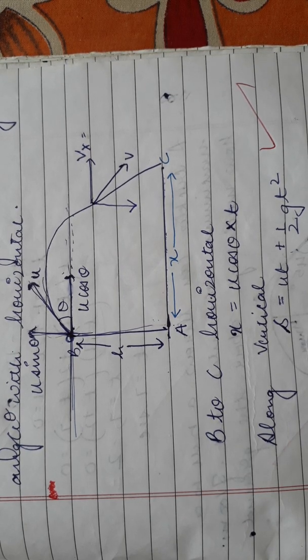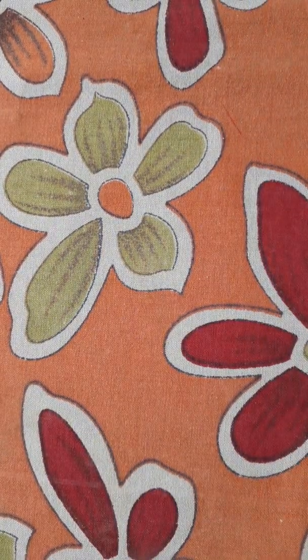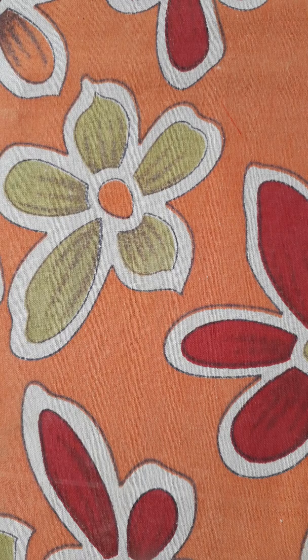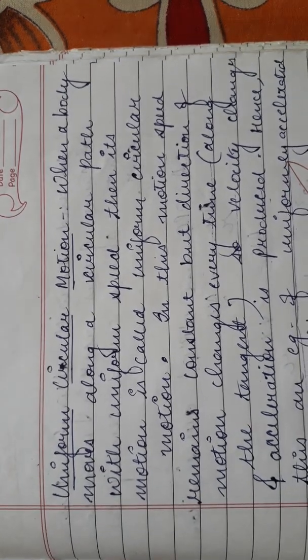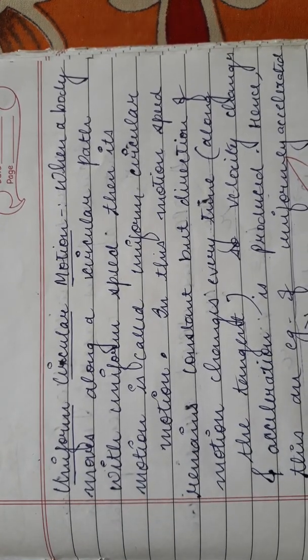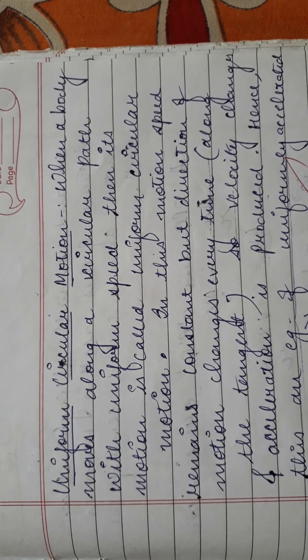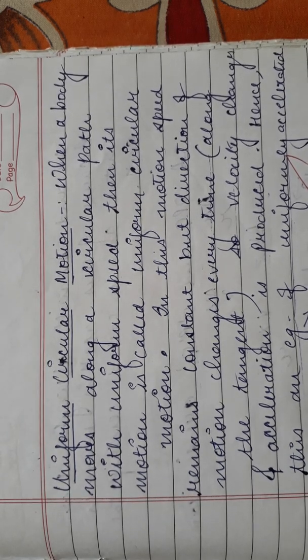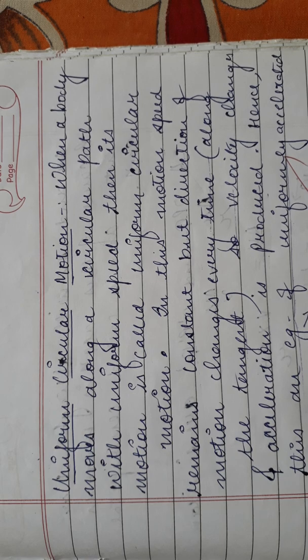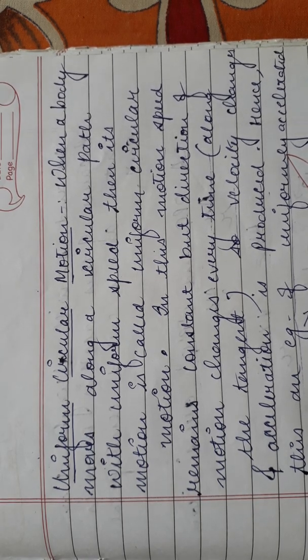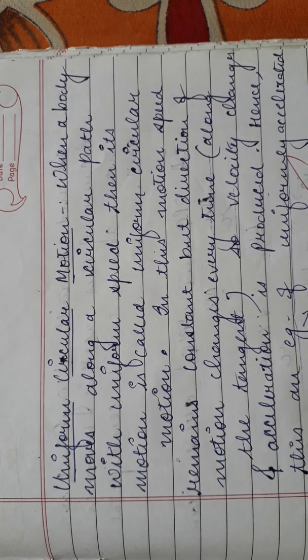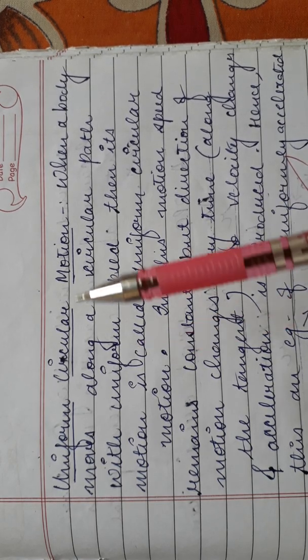Now next kind of motion, I told you there are two types of motion which we have to discuss in this chapter. One is the projectile motion and second is the circular motion, students. So next type of motion is uniform circular motion. So there are two examples of motion in a plane or motion in two dimension. One is the projectile motion, which we have already discussed in detail, and next type of motion, which is an example of motion in 2D, is uniform circular motion.